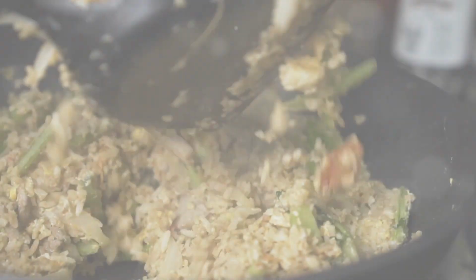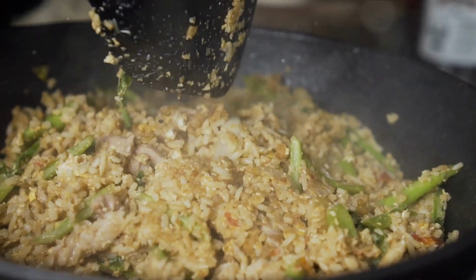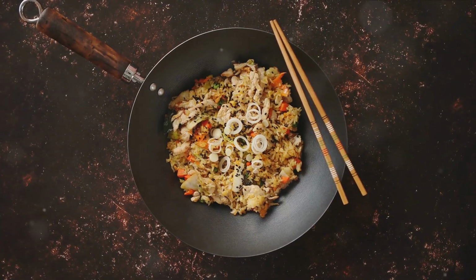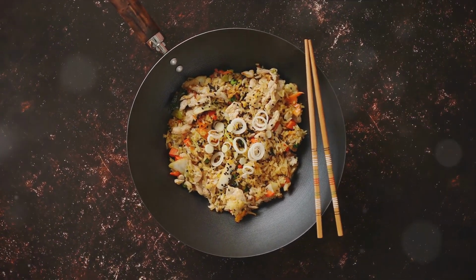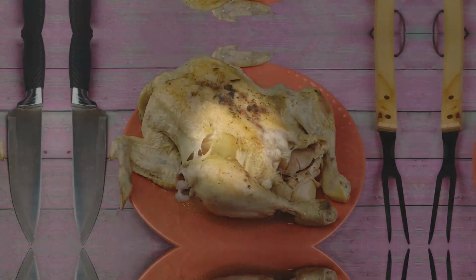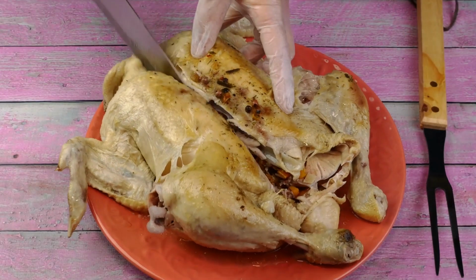Start by sautéing onions and garlic in a pan. Add in your chicken, followed by some cooked rice, stir in some soy sauce and scrambled eggs, and you're done. The trick to this dish is to use day-old rice, which gives it a great texture and helps it to absorb all the flavors. So there you have it, 5 fantastic chicken recipes that are easy to make and absolutely